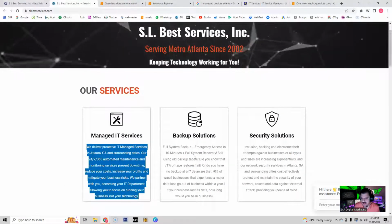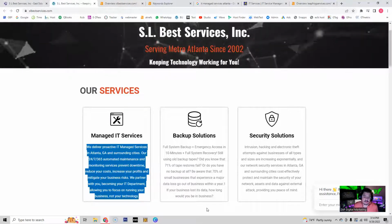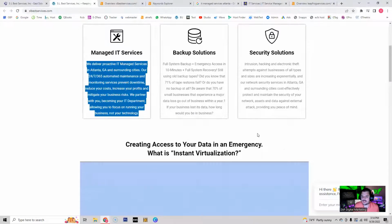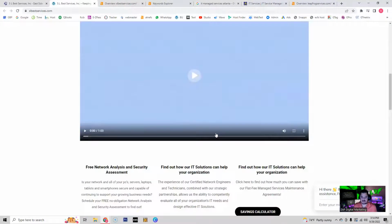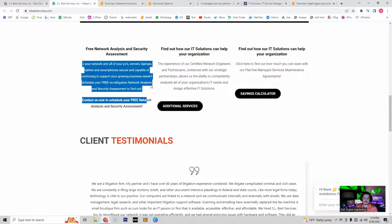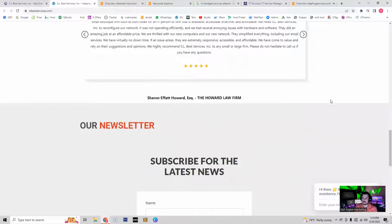So when you add content, you're going to make sure that you are adding keywords that you're going to be found for. For example, managed IT services Atlanta, it should be right here, but I don't see it. A rule of thumb is that when you're adding content, you want to add keywords, make sure you have at least 200 words of content per each keyword. So you get the idea right here. You don't have that much content, even though you have a lot of information, and that can actually be hurting you because nobody's going to find you if they go to Google and type